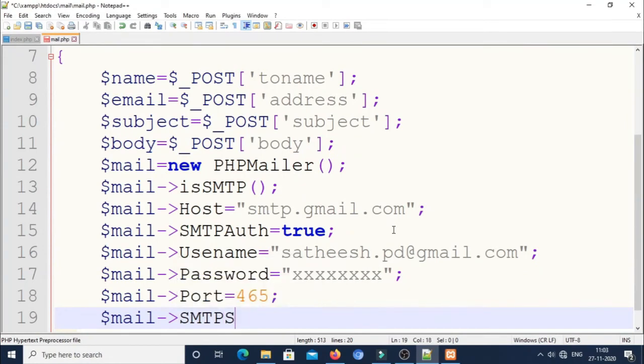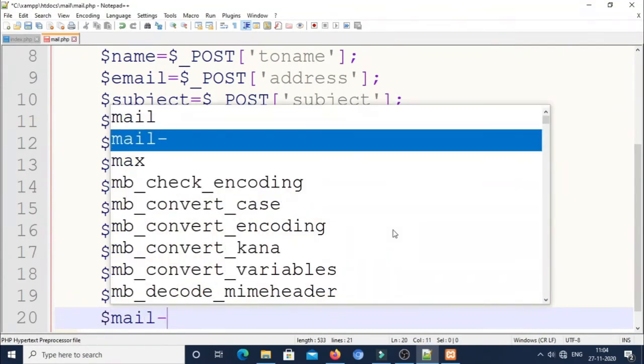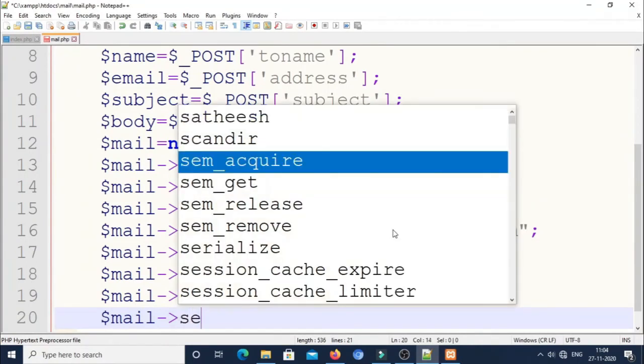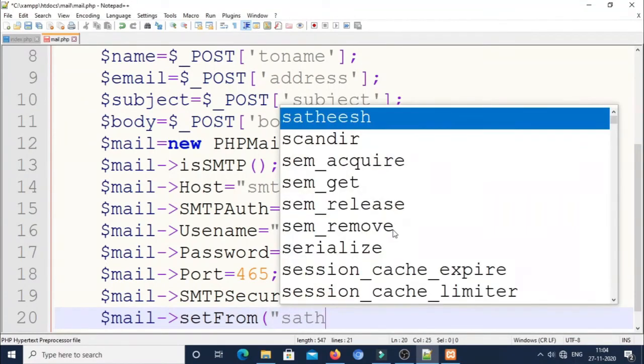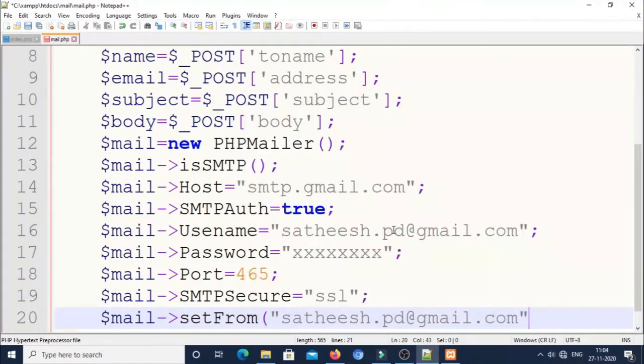You should use a secured connection for the SMTP, and the value you should use is SSL. Next, specify the sender's information. For that you can use setFrom, and it takes two arguments: first the email address and then the name, that is satish.pd@gmail.com, and the name.